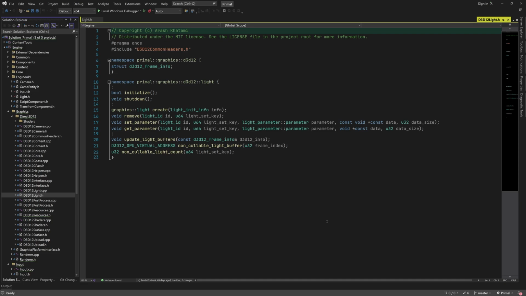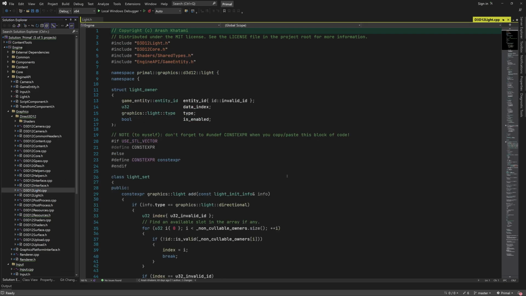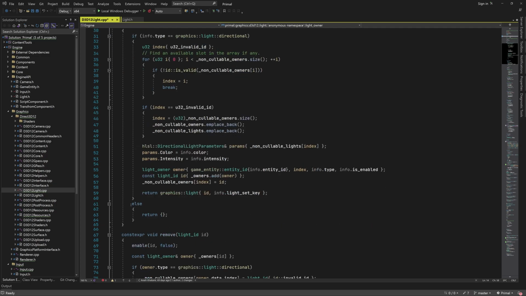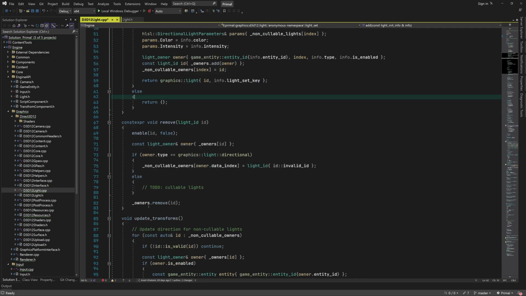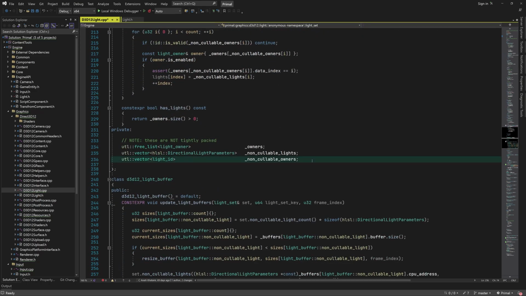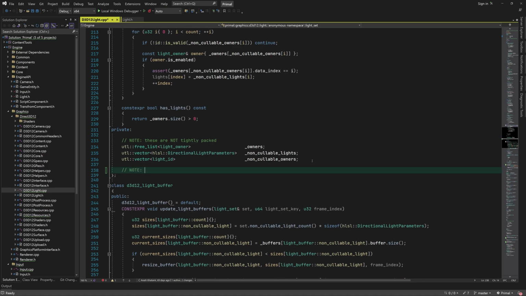light data. Internally, we have the concept of the light owner, which has an ID that points to the actual light data. We did this in order to be able to tightly pack the light data. This wasn't necessary for directional lights, because the number of those lights is low in general, and if someone would try a large number of directional lights, they would be bottlenecked by the pixel shader much sooner than by memory